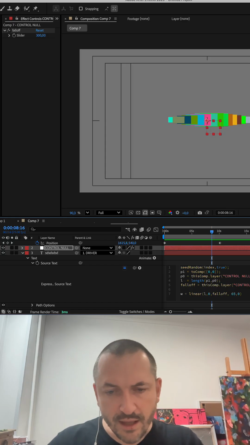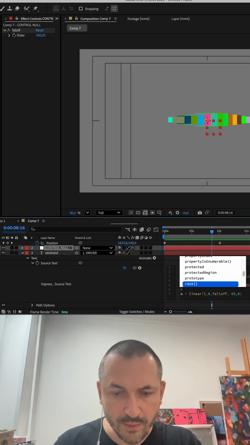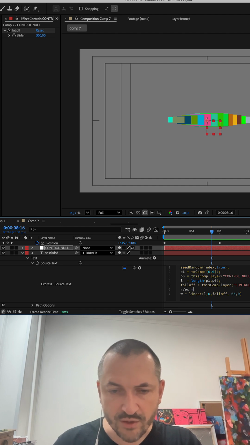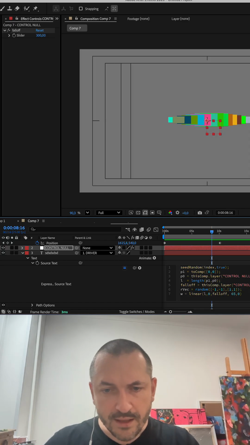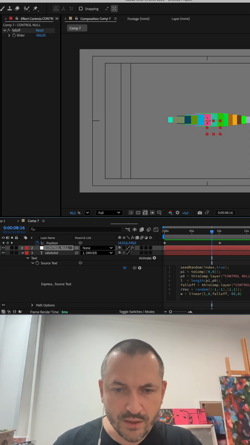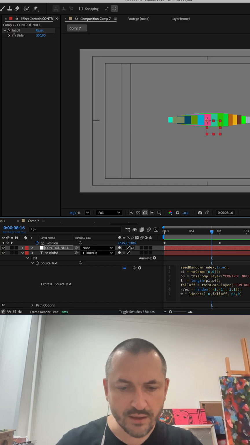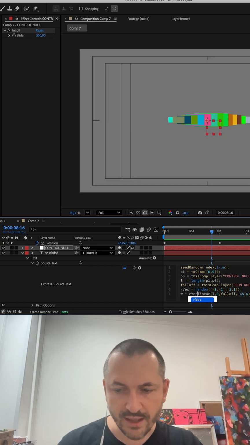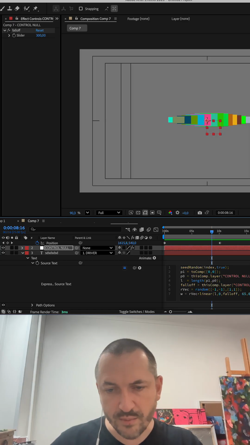Good. Now we need to make a new variable rvec, random vector, which is random and a vector from -1 to 1, and next we just need to multiply W and rvec, and we can do it here or separately.